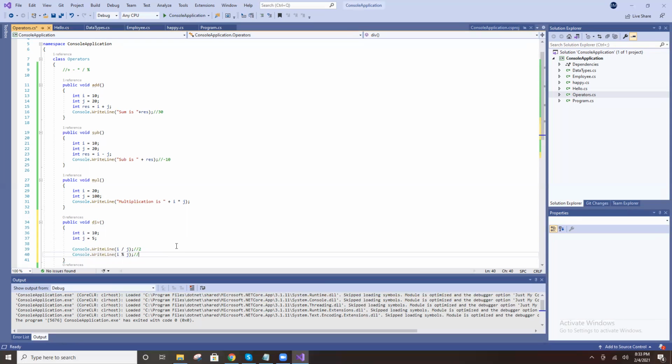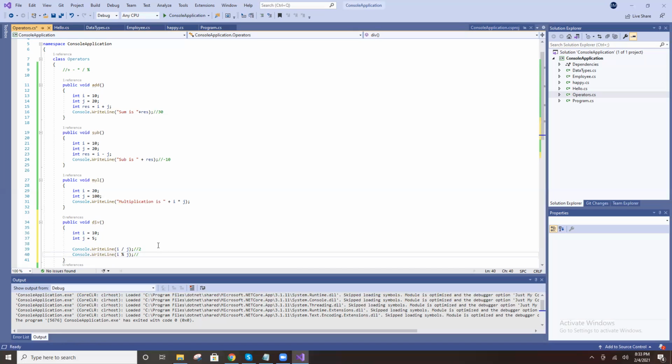See here, i by j means 2. 5 2s are 10, right? i modulus j, this is a modulus. I modulus j means, see, what is the remainder? 5 2s are 10. What about the remainder?